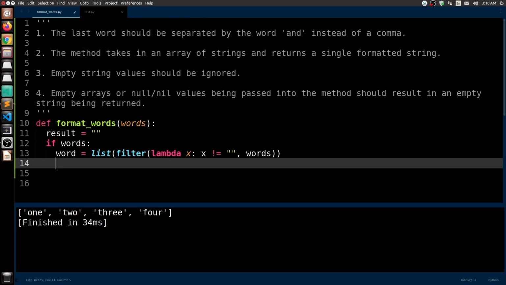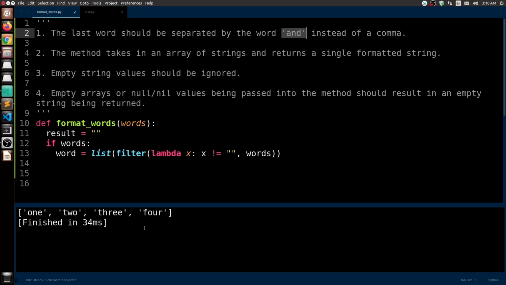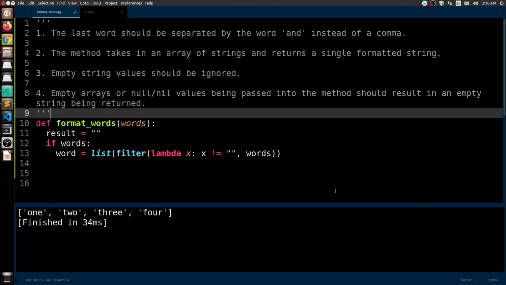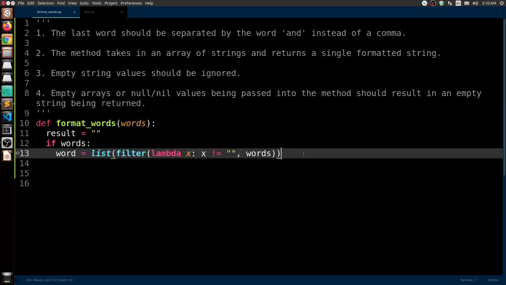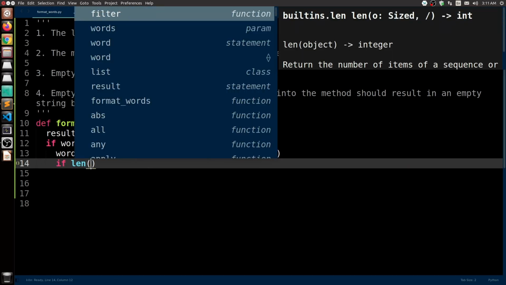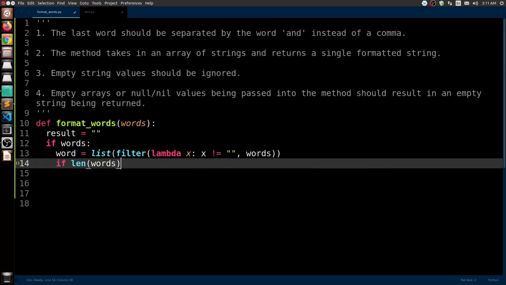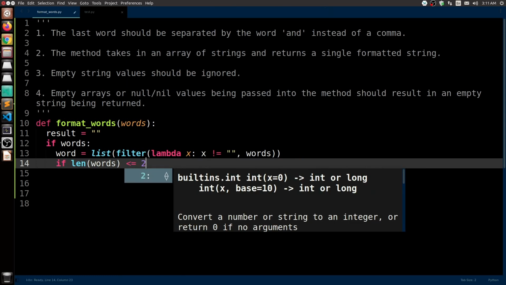Now I'm going to check. Because they would be separated by "and", that means if I have just two words in the original string, then I would just concatenate them with "and" in between, for which I will need an if statement. If len words less than or equal to 2,